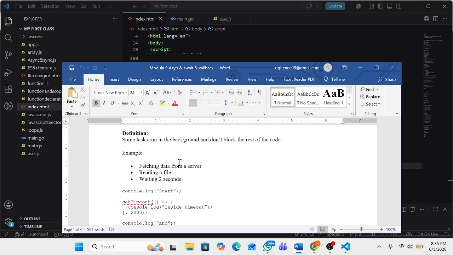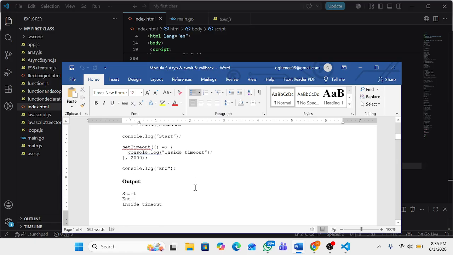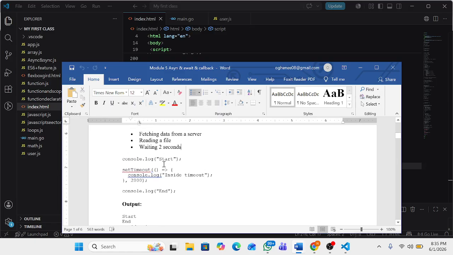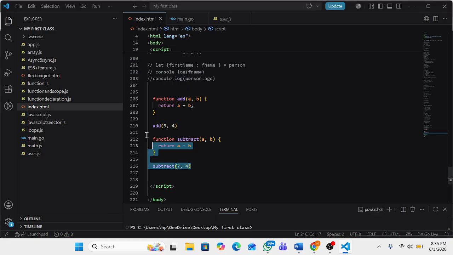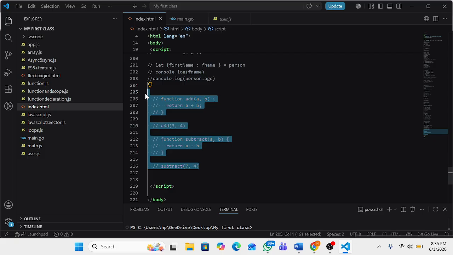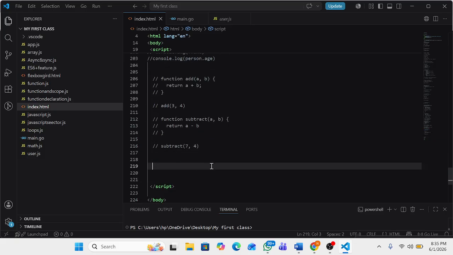So that's another example. Then reading a file, waiting for 2 seconds. You can decide to say, okay, I want this code to wait for 2 seconds. That's another example. So let's look at this stuff here. This example here, I will explain it. All right. So in this example now,